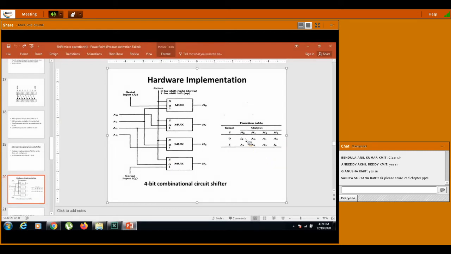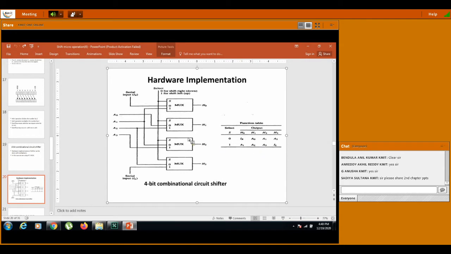Now see this table over here. So I am adding two selection lines, 0 and 1. Every multiplexer has selection lines 0 and 1. Now there are 4 multiplexers, H0, H1, H2 and H3. Now what is the input and output you must get? What is the output you must get in H0? H0 is IR and A1. So I am having IR and A1, yes, these two are connected to H0.